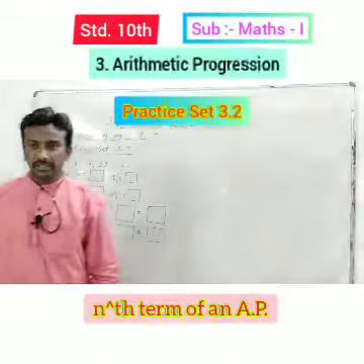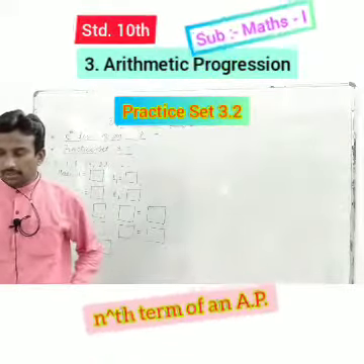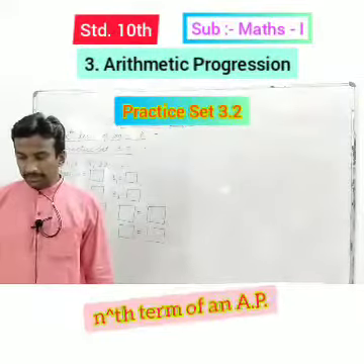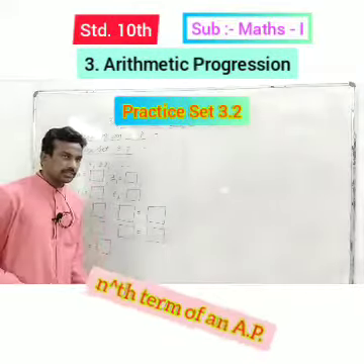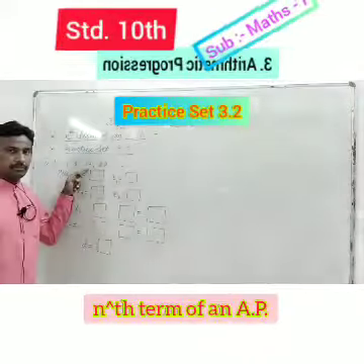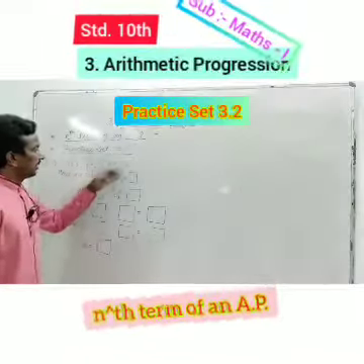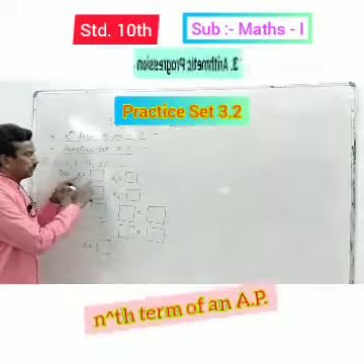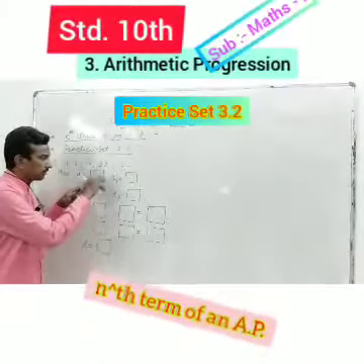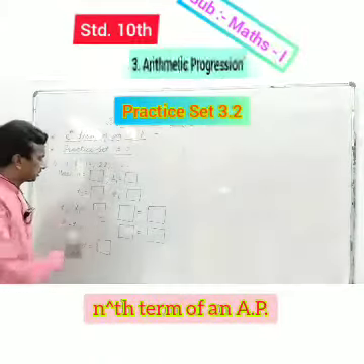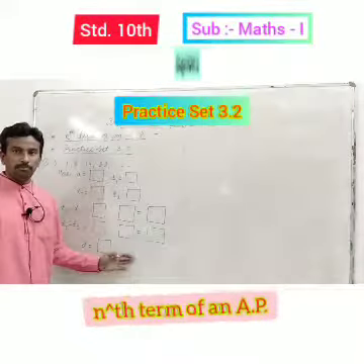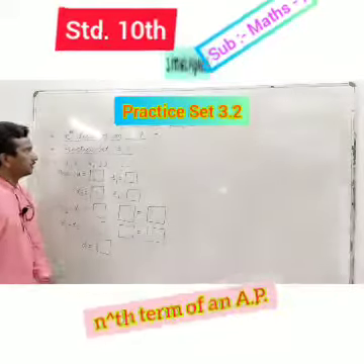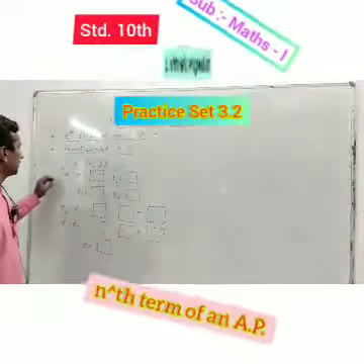There are some activities given. Question number 1. Write the correct number in the given boxes from the following AP. The first example is 1, 8, 15, 22 and so on. Here A is equal to a box, T1 is a box. Some boxes are given, fill in the boxes, means complete the given activity by using arithmetic progression.